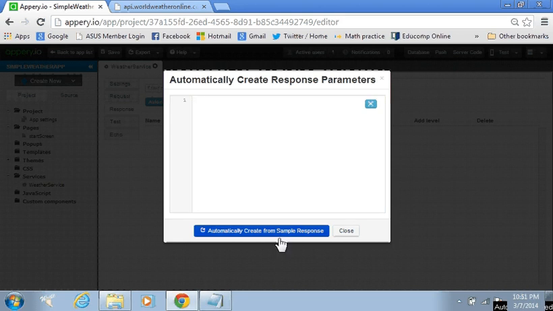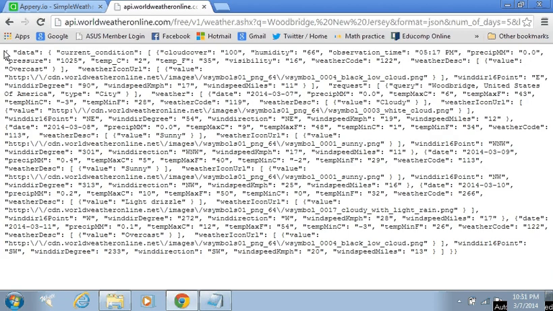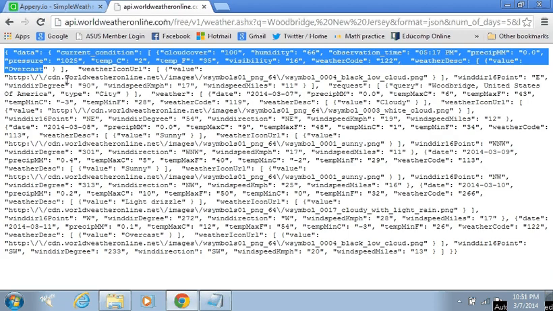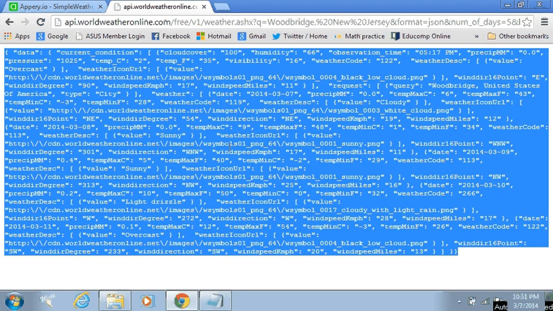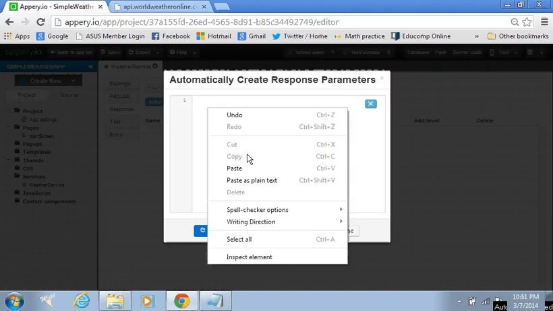So it asks me for a sample response. I'll go back to the browser and catch hold of this little output JSON that I had received in the browser from the Weather Online service. I'll come back and I'll paste this right in.